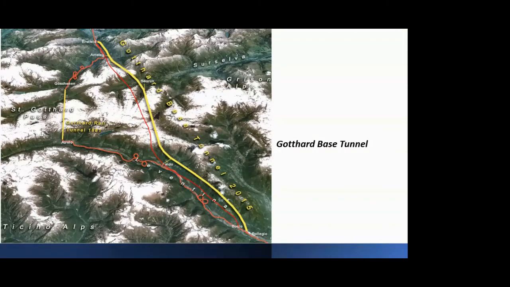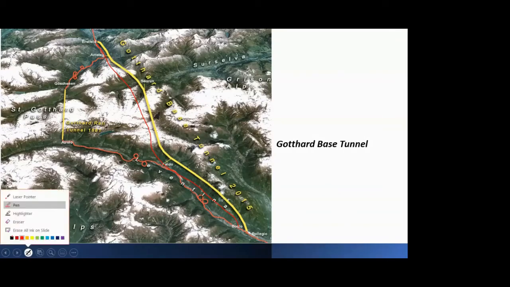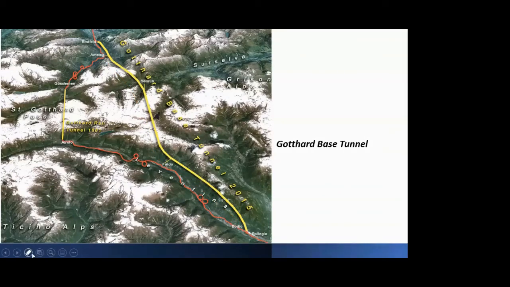And previously, whatever red color you see, I'll just erase the red color which I had traced, so there is no confusion. So whatever red color line you see, that was the initial alignment of the railway over there. You see there were a lot of curves in it, and it was not passing through any tunnel, but going through the open areas. Only the old tunnel was for this much stretch.